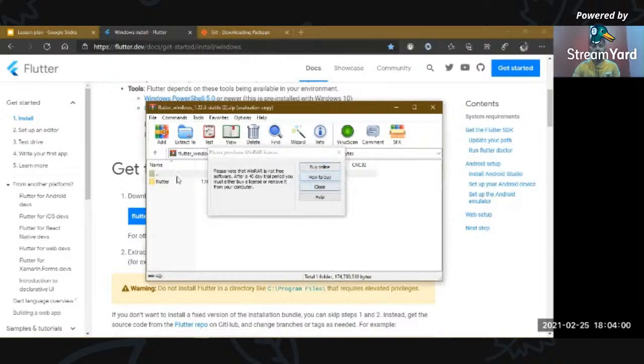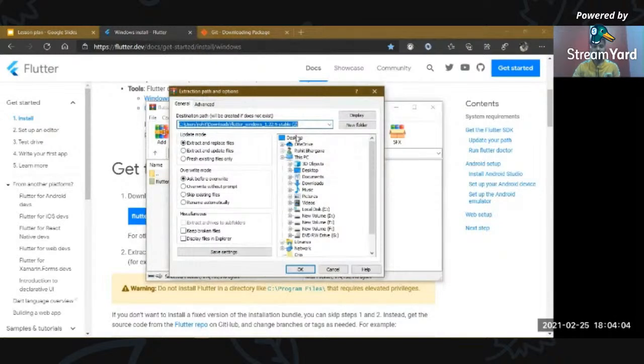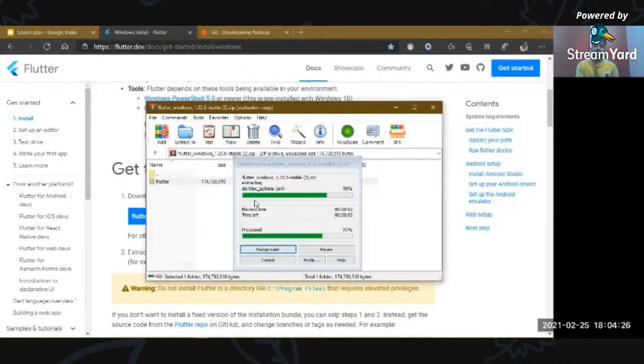Okay, so now let's extract it. Since I've already installed this SDK, it is again telling me to rename it to a number. Okay, press OK. Then just wait for the extraction process to complete.